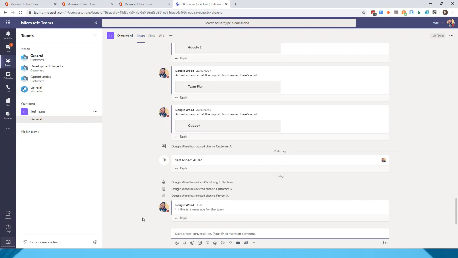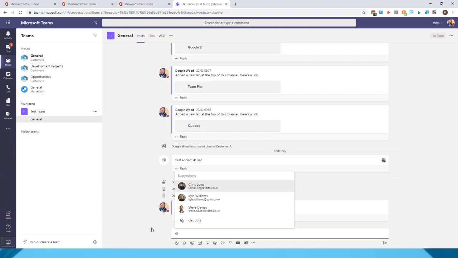A member of the team could come into this chat and see that this post is on the wall, but they've not actually been notified. No one's actually been prompted that that's the case. If I wanted to notify somebody from my team that there's a particular tab, a particular post, I can use the @ symbol and start typing in someone's name or selecting them from that drop down